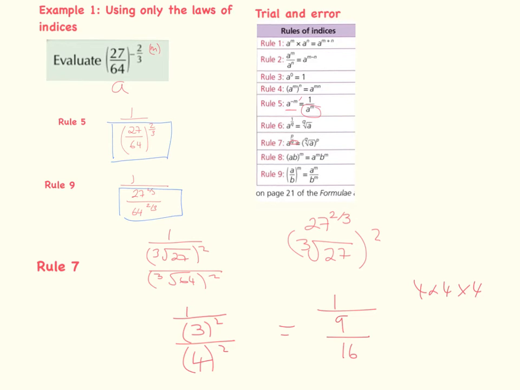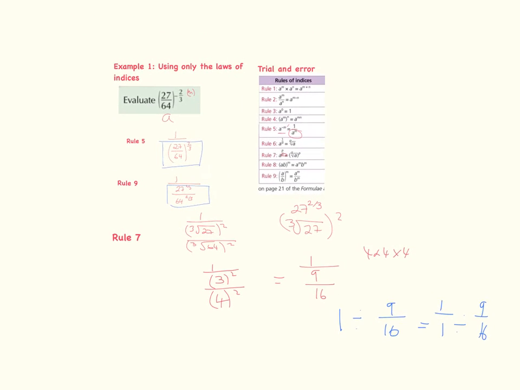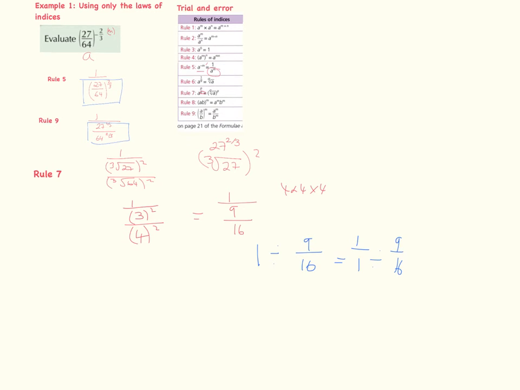And so another way of writing this that you have been looking at for many, many years is 1 divided by 9 over 16. It's another way of writing exactly what I've written here. And basically what you're doing here now is you are asked to divide one thing by another. How we would approach this in first year is we would write them both as fractions. So it'll be 1 over 1 divided by 9 over 16. And as we know ourselves, how do you divide a fraction? You change the symbol to a multiply and you flip the second one upside down. So now it becomes 1 divided by 1 multiplied by 16 over 9, and we can just do our simple multiplication. 1 times 16 is 16, and 1 times 9 is 9, and that is the answer